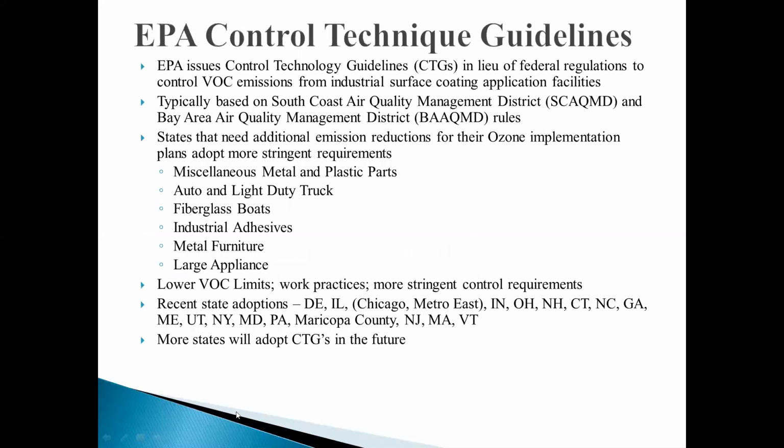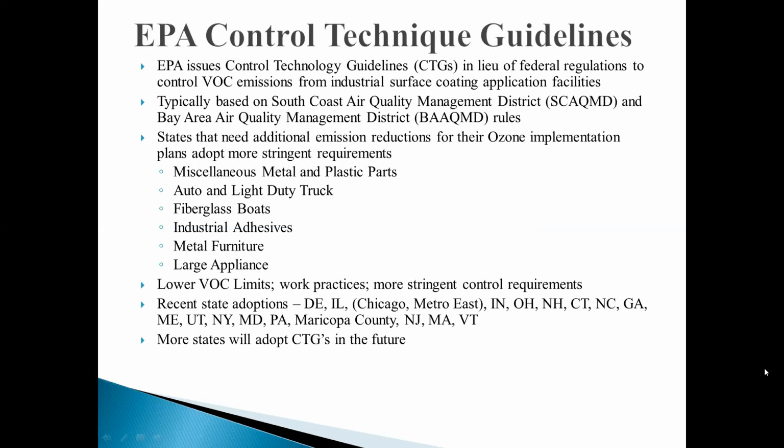What the states tend to do is use the EPA control technique guidelines. These are guidelines that EPA has put together for the various substrates or industries, and they're called CTGs. We really don't have federal standards for the VOC for factory applied coatings. It's left up to the states, but the states can use these guidelines. We as an industry appreciate that these are out there, and what we're looking for is consistency. It would be great, from our perspective, if Indiana had similar regulations to Illinois and Ohio, for example, so at least we know,